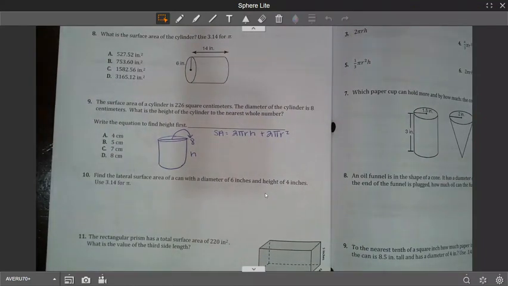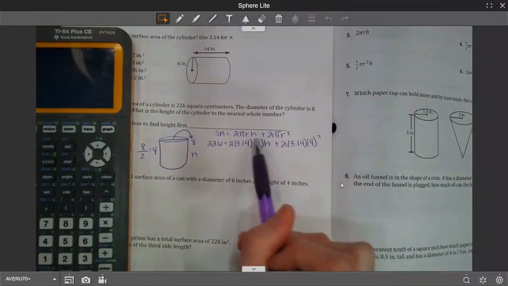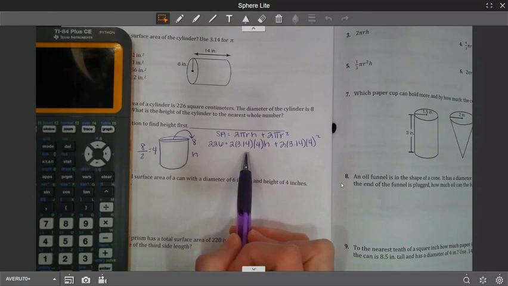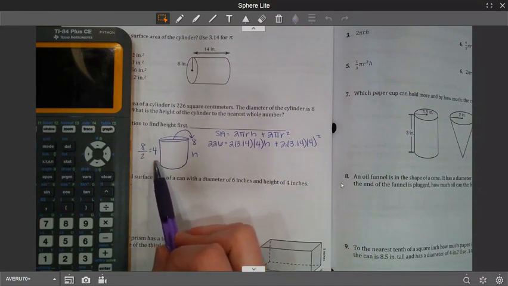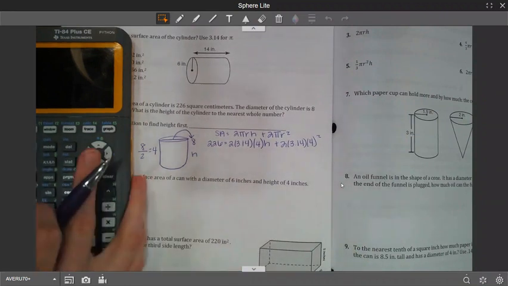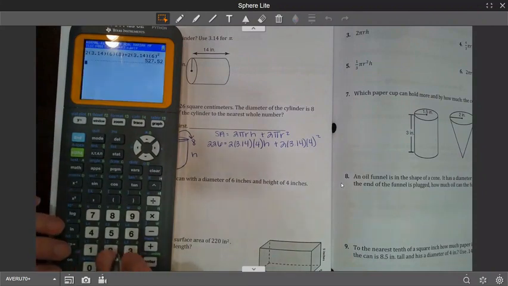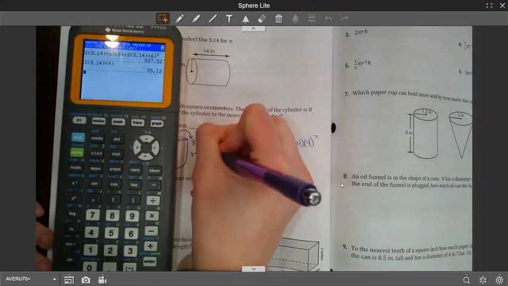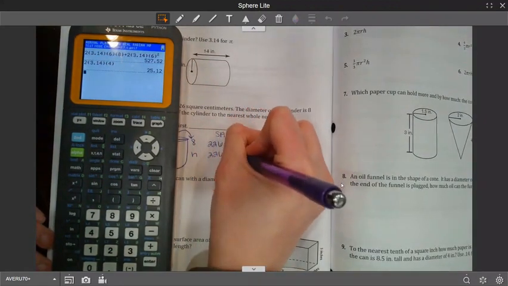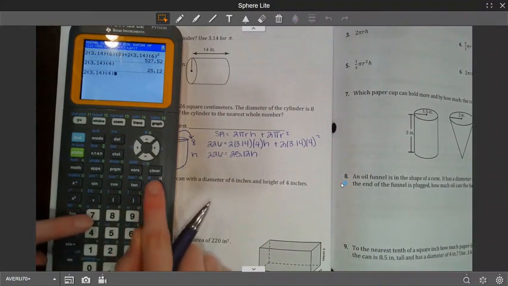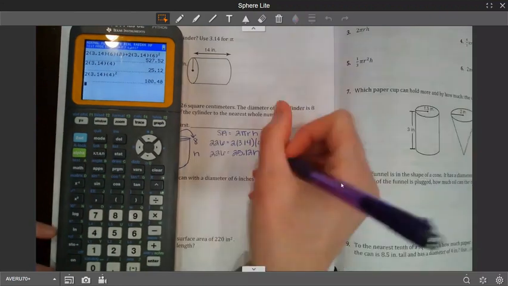And we're going to plug in all the information that we do know. All I did was I plugged in all the information that I did know into the formula. So I plugged in the surface area of 226, then 3.14. I plugged in 4 for the radius because that's the diameter divided by 2. Then we have 2 times 3.14 times 4 squared. So I'm going to simplify what I can. I'm going to do 2 times 3.14 times 4. So I have 226 is equal to 25.12 h. And then I'll simplify what else I have. So 2 times 3.14 times 4 squared, which is plus